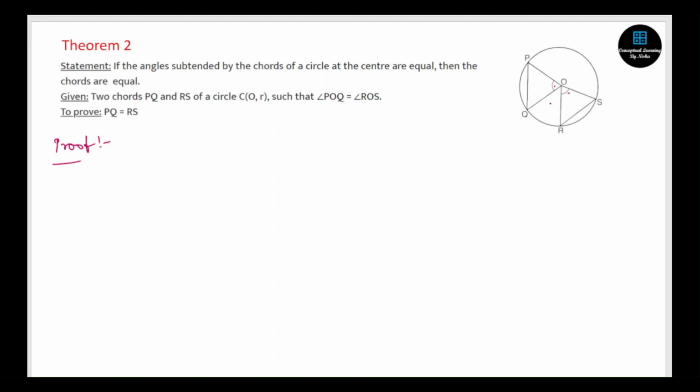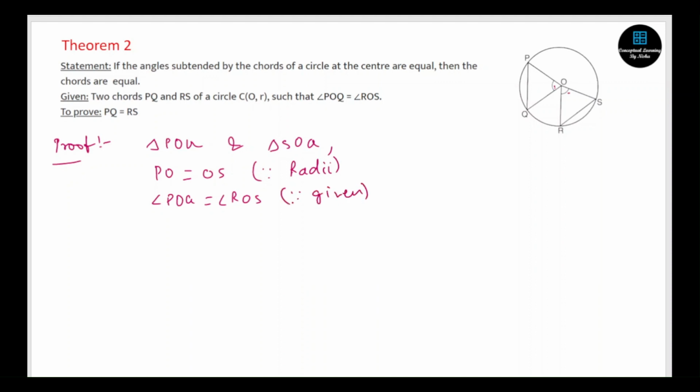And how do we do that? It is super easy, ma'am. Correct? Then tell me, for triangle POQ and triangle SOR, what should I write? PO is equal to OS. Why? Because again, radii. Then one more angle is given. Which angle? Angle POQ is equal to angle ROS, that is given to us.